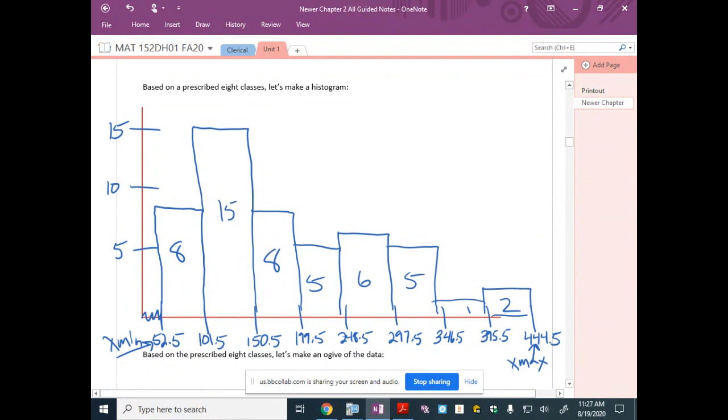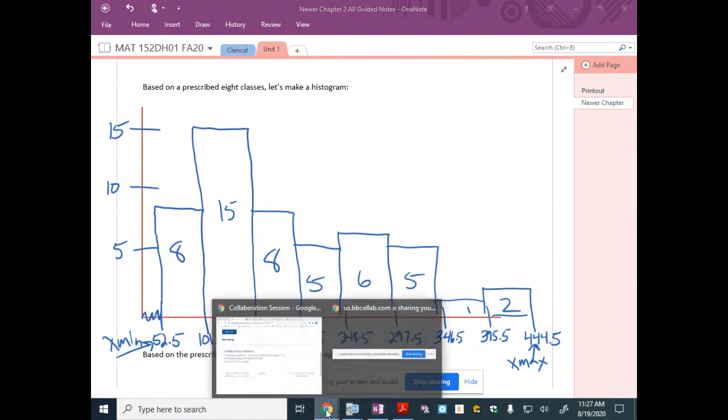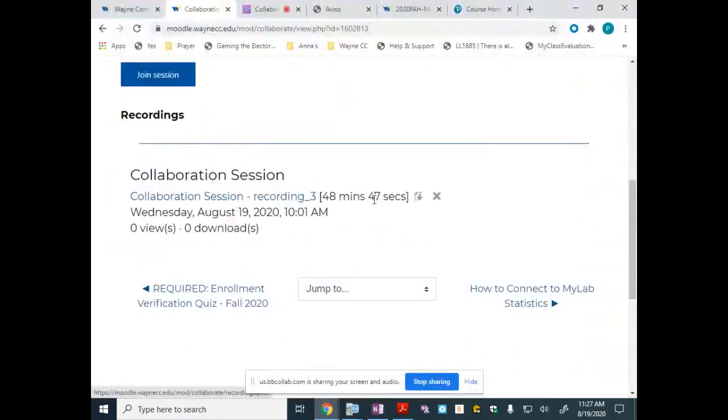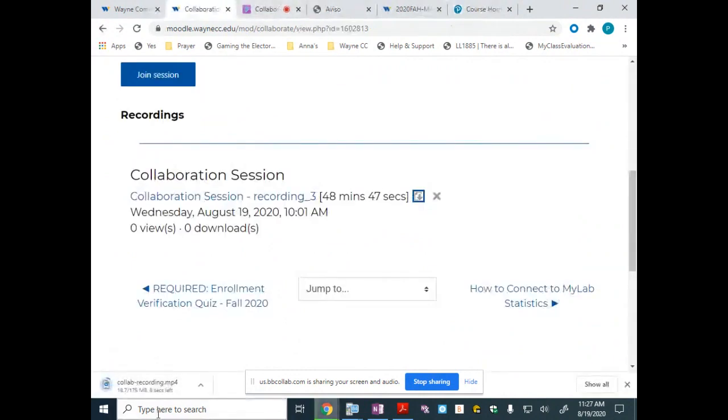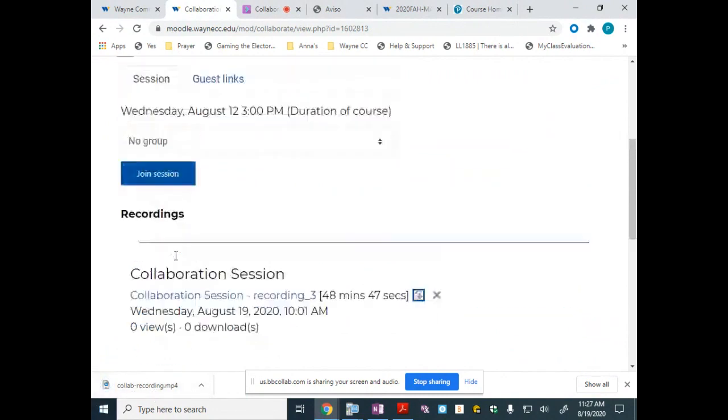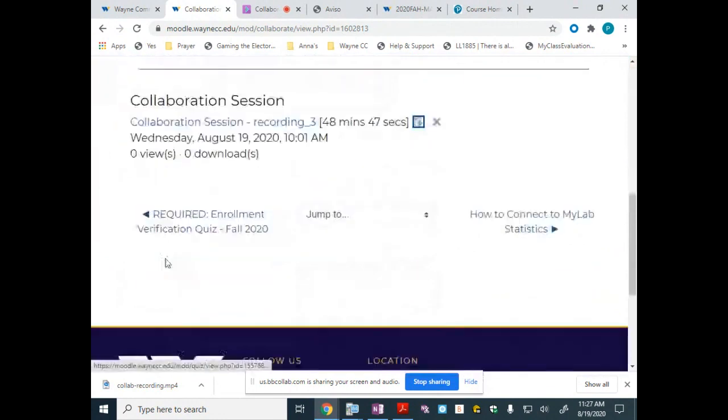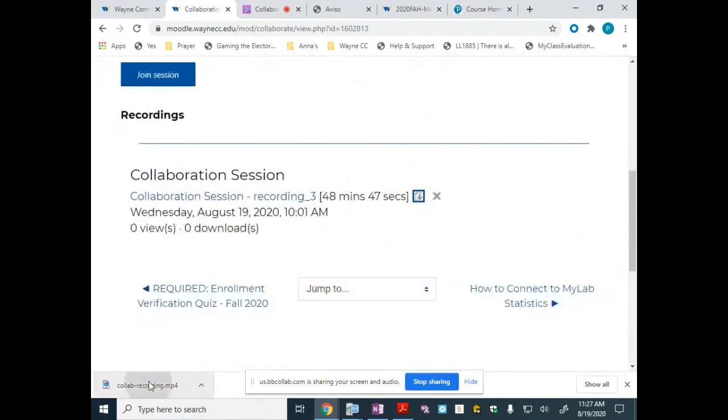Now, while you're working on that, little FYI. What has happened is that first session of Collaborate basically has been recorded. That's one of the reasons I did a 10-minute break. So that'll actually go into where Unit 1 is. And if we open this up,